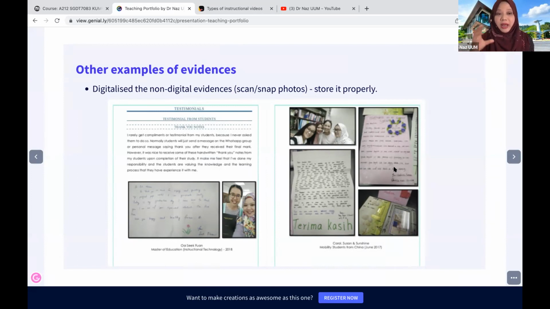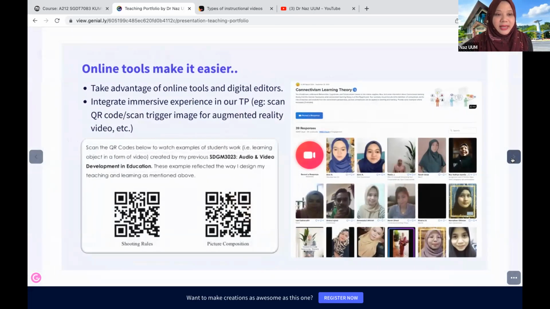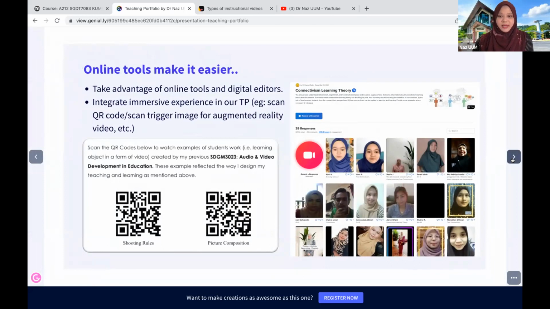If the evidence is non-digital, we can scan or snap photos and store it properly. I'm not sure whether this letter is still in my office now, but luckily I have captured the images, so I can use it again. Other than that, online tools make it easier. As I said just now, currently we can utilize all the online tools that we use